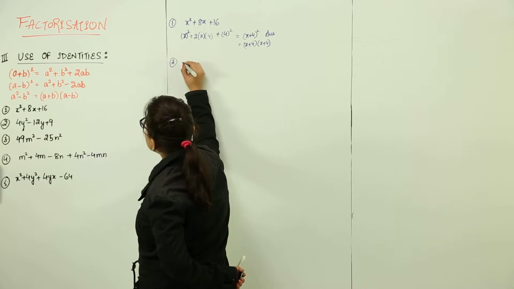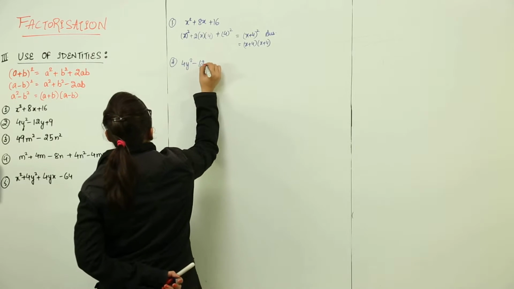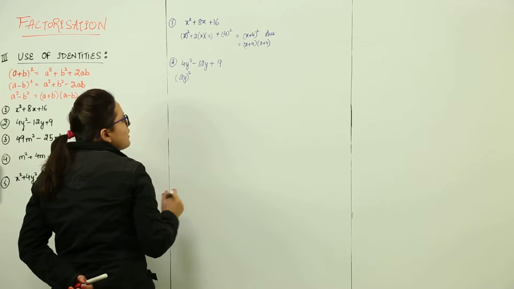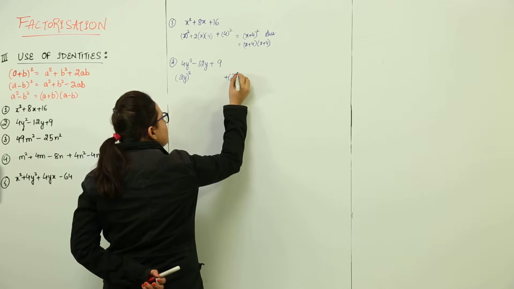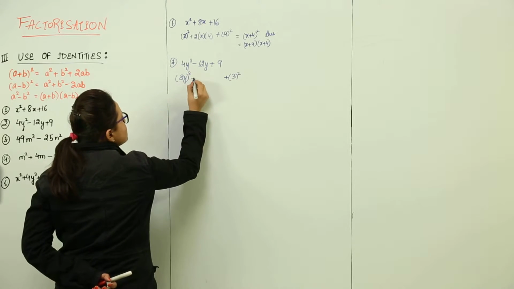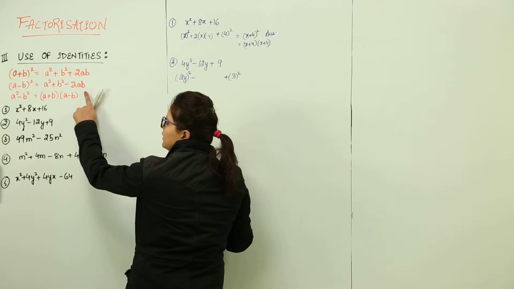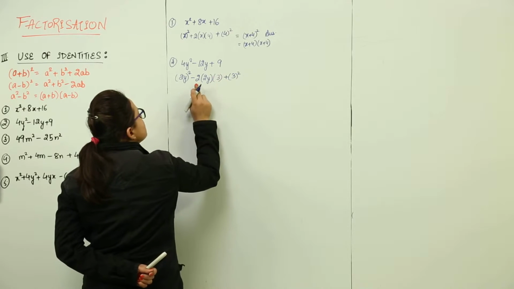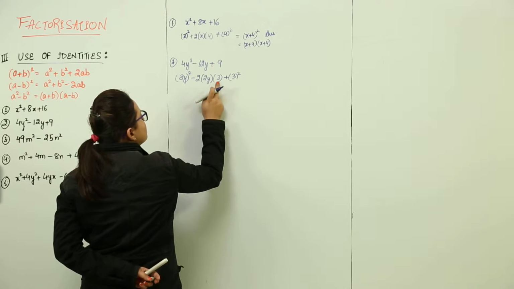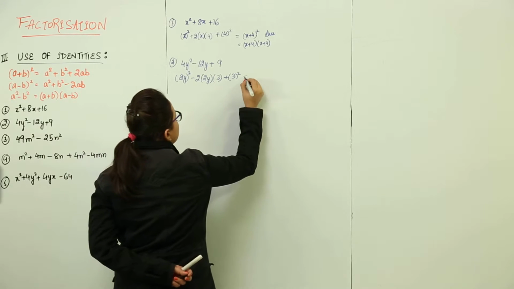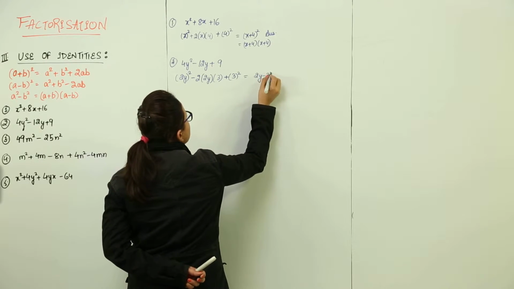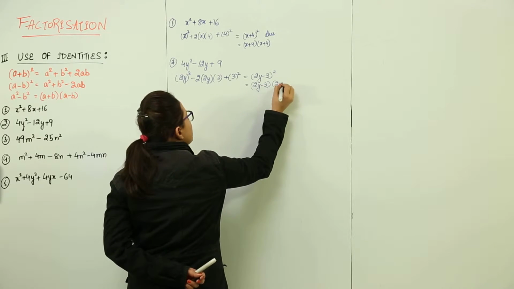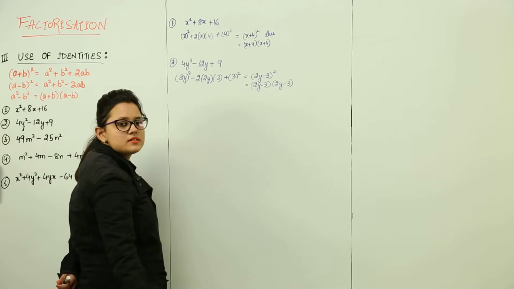Similarly, we have the second question, 4y square minus 12y plus 9. Here also we do the same thing. For the first term we write (2y) whole square and we can write the 9 as 3 whole square. Now what do we have? We have a minus sign here. That means we have the second identity. So we will write 2 into a into b. Is it coming out to be 12y? 2 2s are 4, 4 3s are 12y. Yes. So we can write this as (2y minus 3) whole square, or you can write (2y minus 3) into (2y minus 3). Both answers are correct.